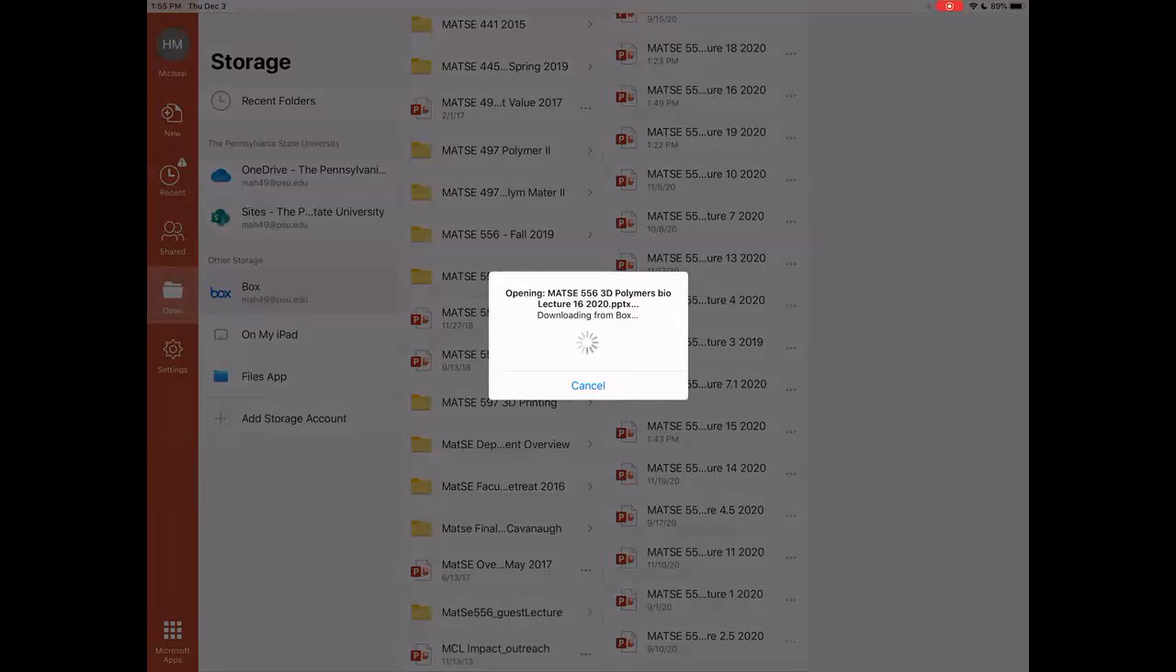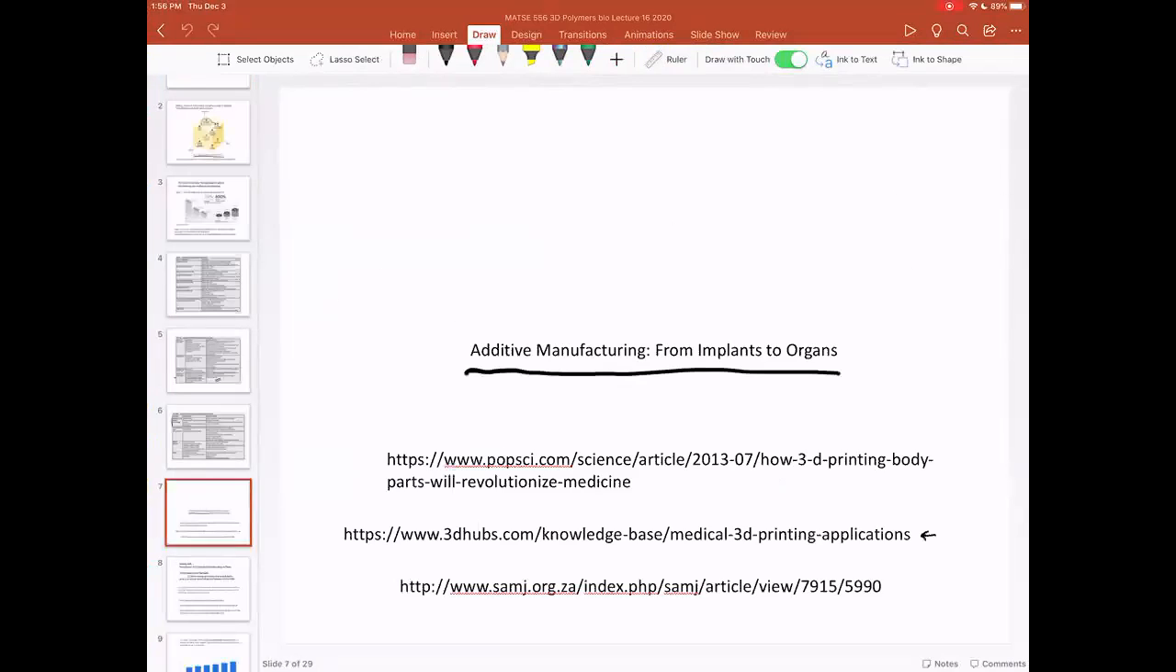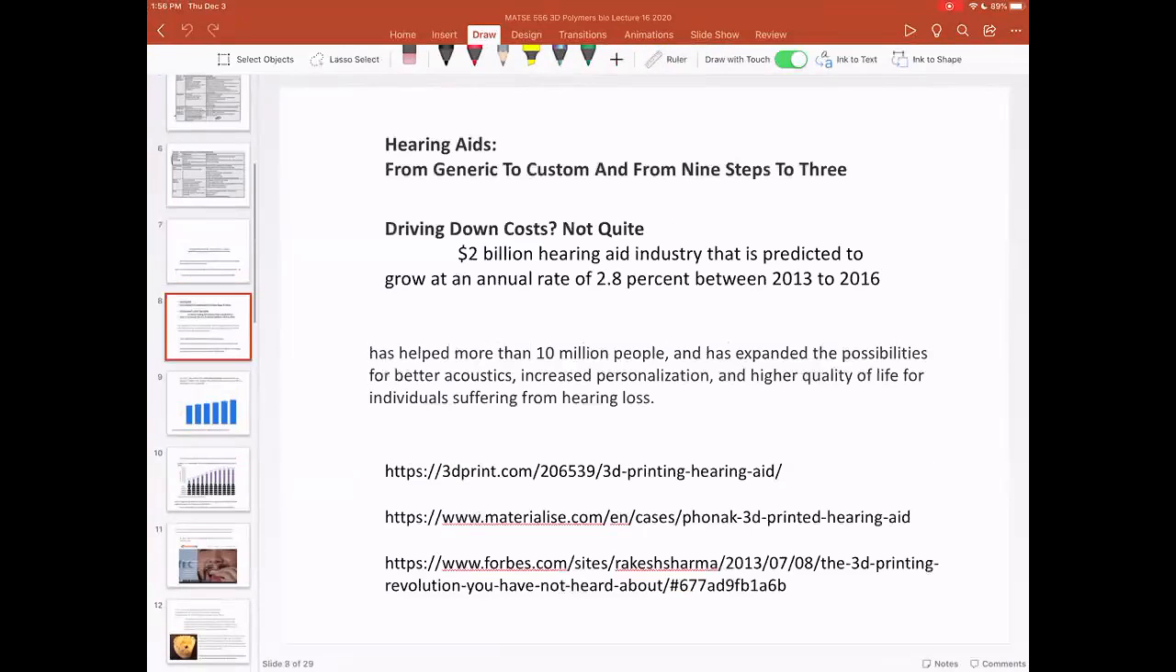So anyway, I encourage you, if you're interested in the biomedical and healthcare space, to take a look at what's out there. It seems like there's a new innovation every week in additive manufacturing in this space. And I want to talk about some very specific examples that are germane to polymer and composite additive, but additive has a lot to say in general about healthcare. So there's this article on hearing aids. And so